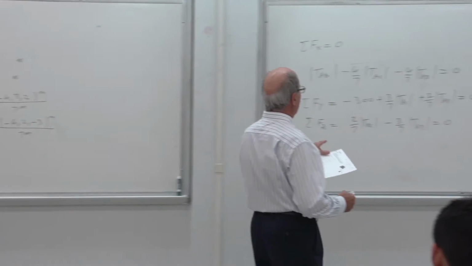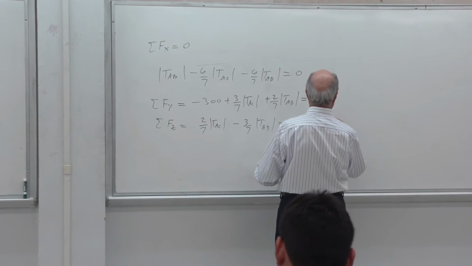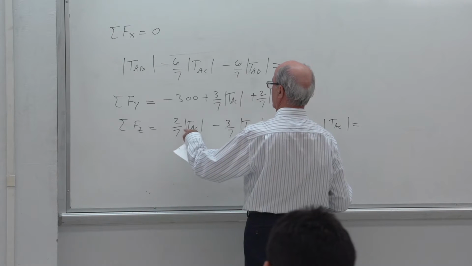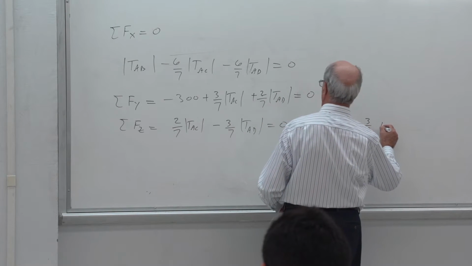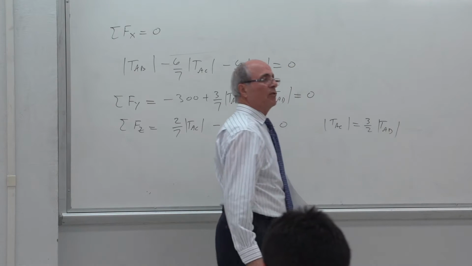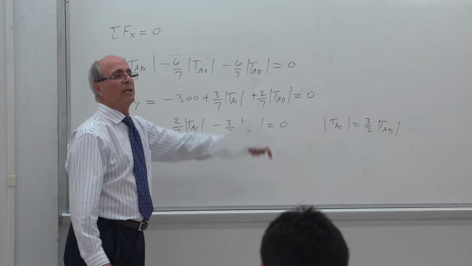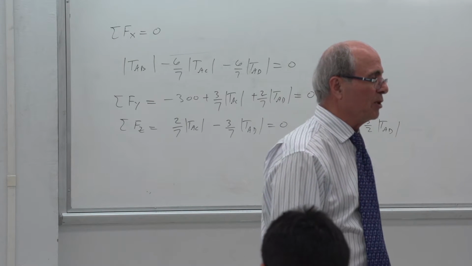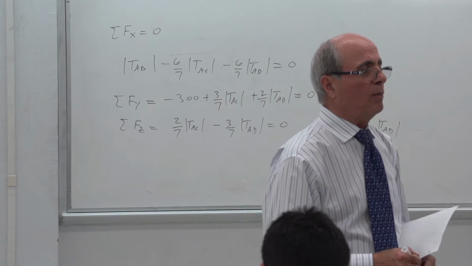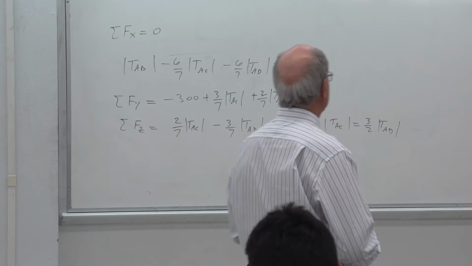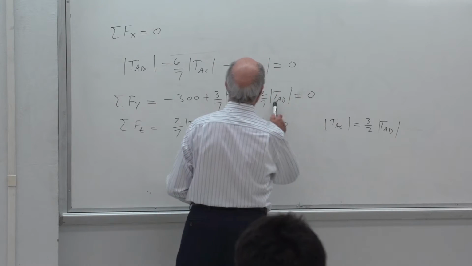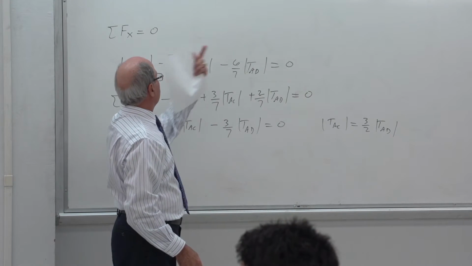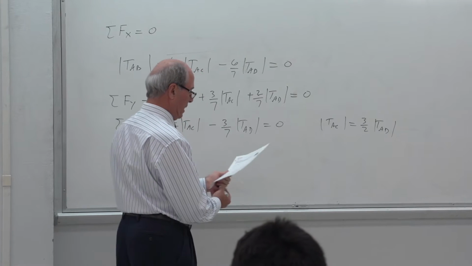Nevertheless, from the last equation, as you see, TAC becomes equal to, if you want to solve it, this goes to the other side, 7 and 7 drop out. TAC becomes 3/2 of TAE, as simple as that, or 1.5 of that. Then you plug it in this one, you calculate TAD and TAC, you need about 2, 3, 4 more minutes. Everybody understand that? Yes, it was not as difficult as some of your homework assignments. Correct? Because this was a quiz, but still you didn't have to do it. So pick up that, you put it here, you calculate for TAD or TAC, you plug it here, and then you calculate. Anyhow, the answers are the following.